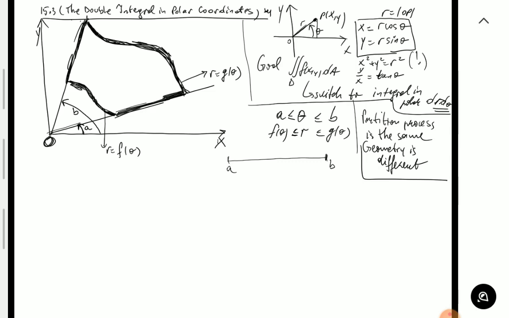So remember, we take each domain starting with the constant bounds, and you make your partition. Remember, eventually the length of each segment in the partition is going to shrink to 0, right, as you take the limit of the Riemann sum. So in other words, delta theta is going to approach d theta, delta r is going to approach dr. So I'm not going to write the full Riemann sum. I'm just going to focus on what you actually integrate when you take the limit of the Riemann sum in polar coordinates. So as you make this partition, one piece in that partition goes from,